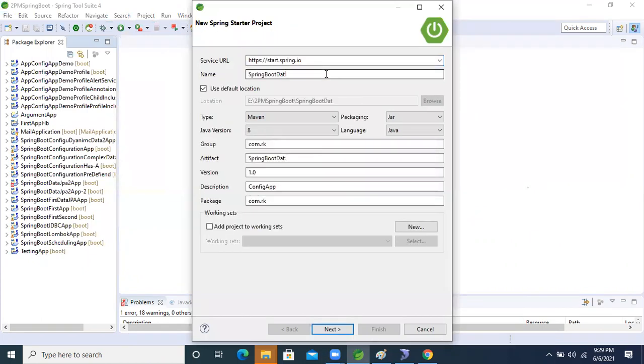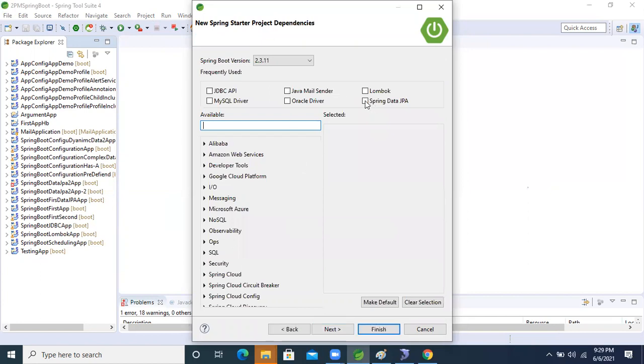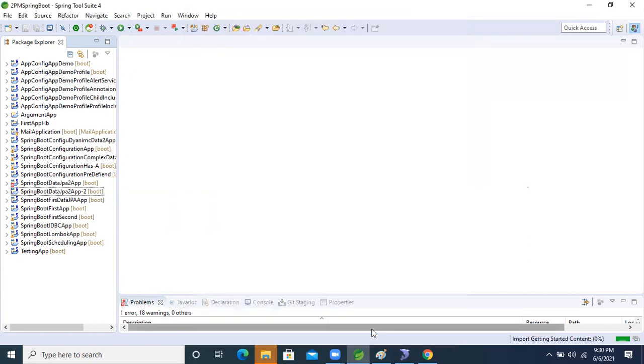Spring Boot application, I'm taking Book application now. After that, I'm taking Spring Data JPA, Lombok, and MySQL, right? Now next, finish.